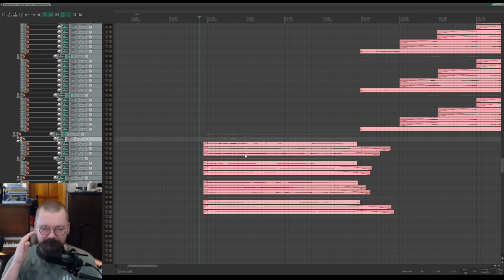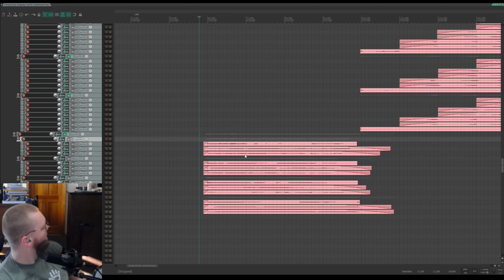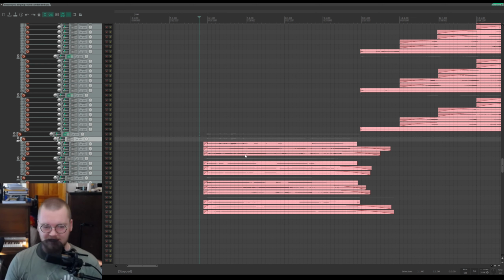Most of this stuff wasn't even recorded on this mic. It was recorded on a Blue Snowball Ice. I don't even know if I have that in my room anymore, but it's a USB mic. I couldn't adjust the gain, and when I would record, the audio would appear after where it was supposed to be.